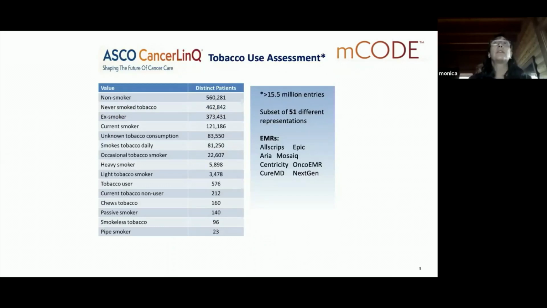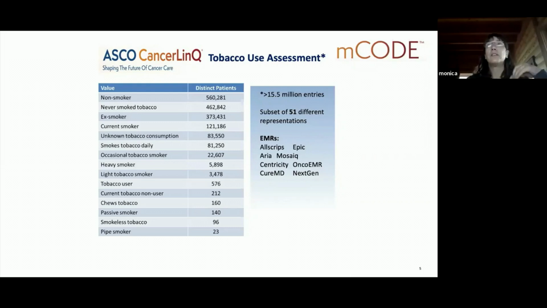This is from ASCO's CancerLink. This has been more than a year ago now that Bob Miller and his team gave me these data. And as you can see, a very simple question: is the patient a smoker or not? This look into CancerLink data pulled 15.5 million entries. And what you see here is a subset of 51 different ways that this